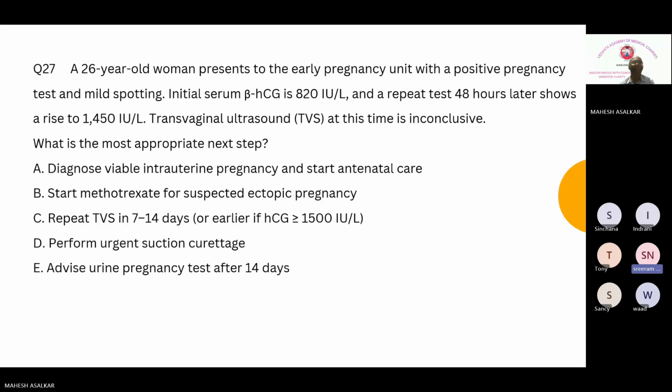We have to calculate what percentage is increased. 1450 minus 820 is 630. 630 divided by the initial 820, so the rise is more than